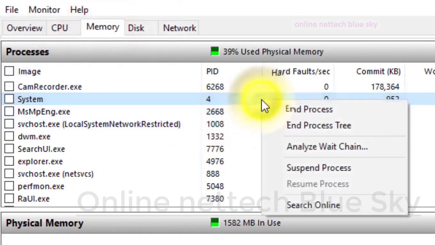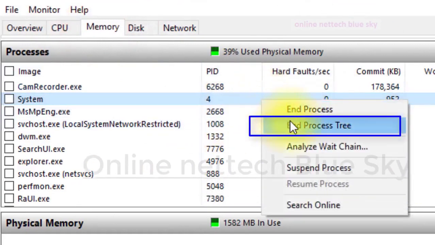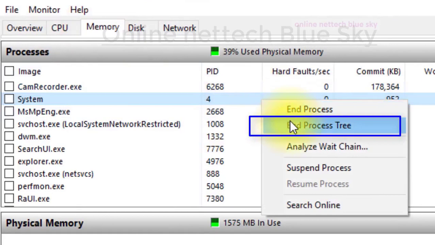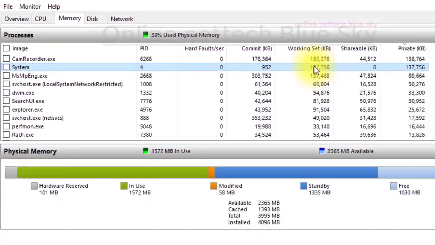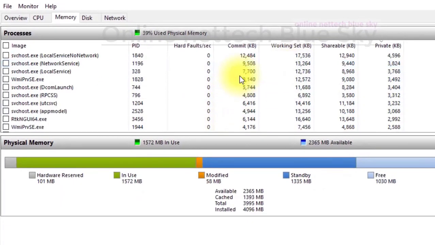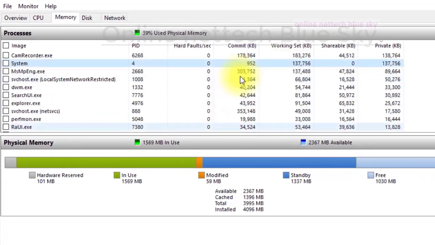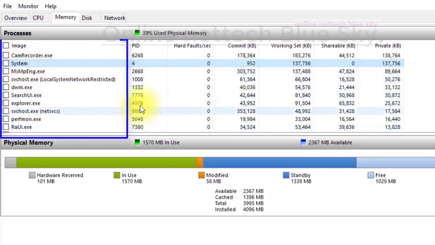So click on Search Online, Suspend, Analyze, End Process Tree. I'll talk again about End Process Tree. End Process means this file stops, but End Process Tree means this file and others, some files that started in the background, all of the files, all of the services, and all of the processes, you can stop. Okay, so System name, System process name here.